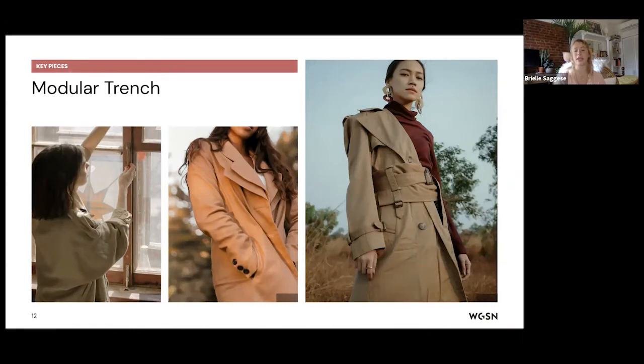But just having this trench that can really move past just the fall or spring, into the opposite end seasons and into colder climates, is going to be really key. As a bonus piece, modularity is also going to be really key for heavier coats as well. So if you're looking at any type of puffer jacket, any type of fleece jacket, modularity is really, really helpful with these pieces to help them move from maybe just vest territory or a short sleeve into having those long sleeve approaches, again, for temps that are changing, as well as for consumers that are spending more time